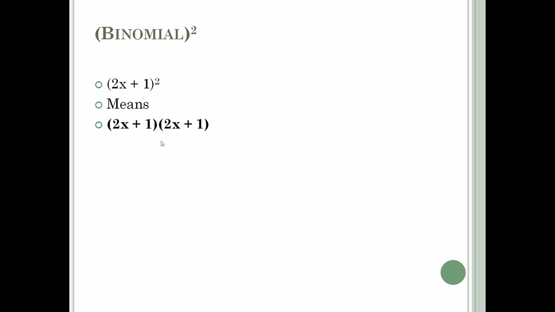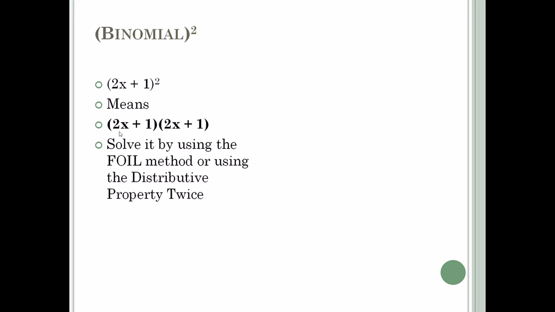I'm just going to guarantee that, so just work with me on this one, okay? Now, I don't care how you solve it. You can FOIL. You can use the distributive property twice. You pick. So go solve it. And when you solve it, you're going to get a great answer of,